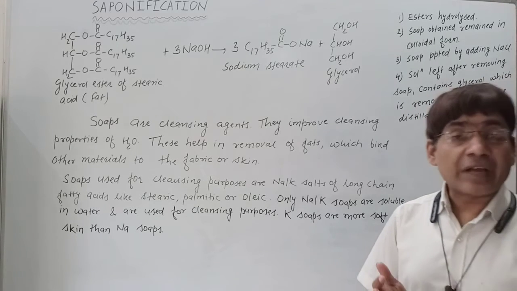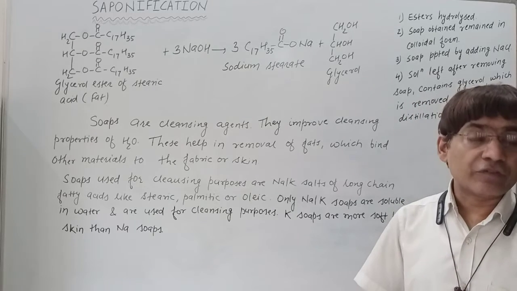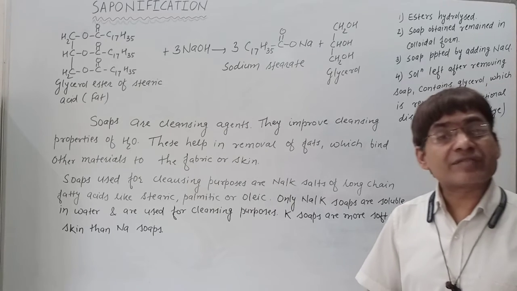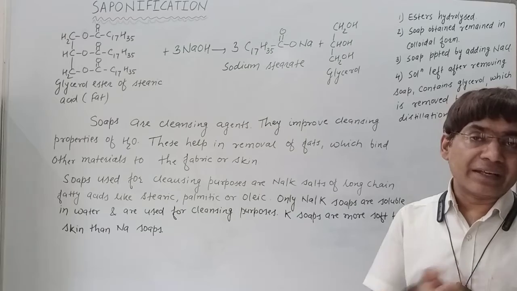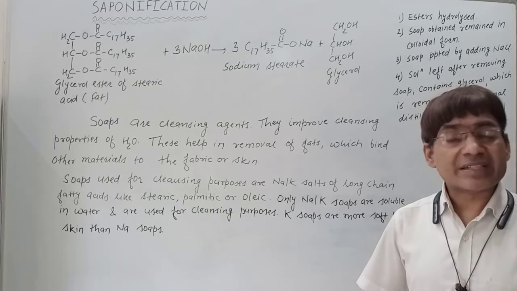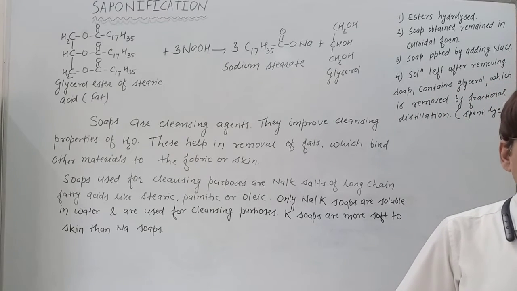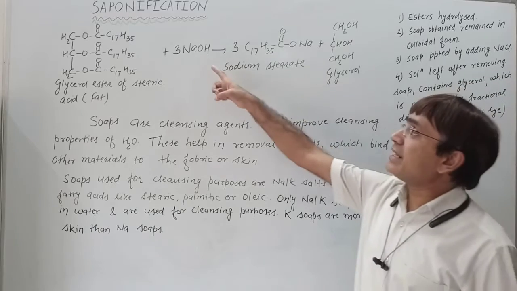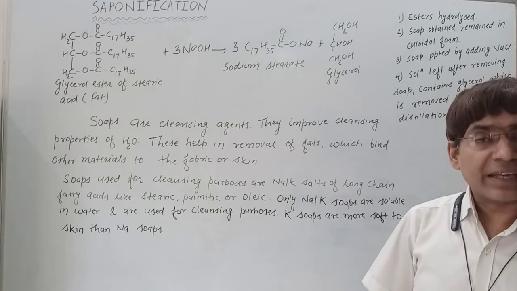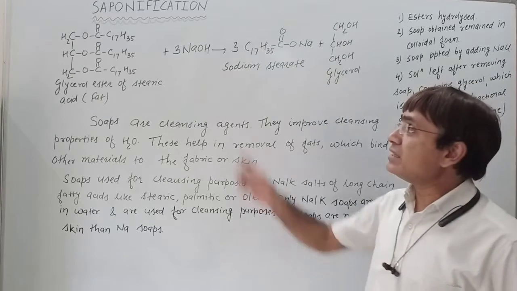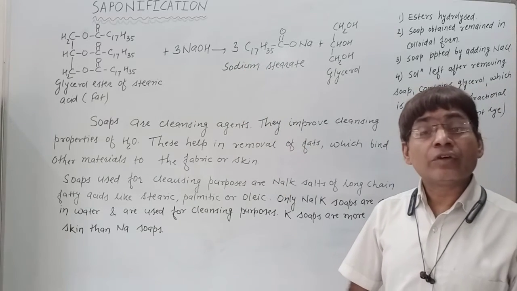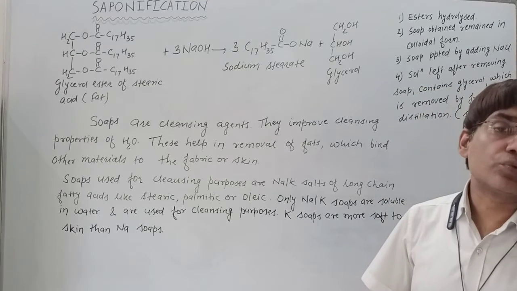So if we have to convert this soap into the solid form, precipitation of this colloidal form is required. And what we have studied in the colloidal state, if some common ion is added to the colloidal solution, that is going to cause its precipitation or coagulation. So if we use NaOH as the source of alkali, then for causing precipitation we use NaCl. Or if in the saponification reaction the source of alkali was KOH, then for causing precipitation we use KCl.